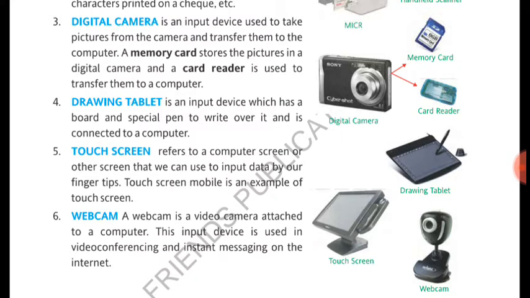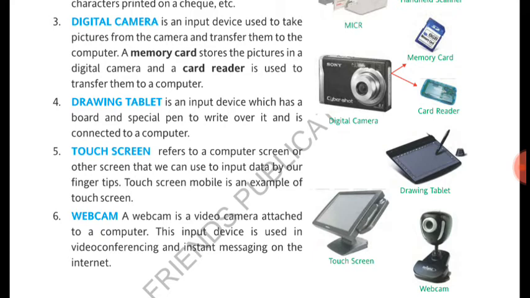Touch screen. In the market many laptops are available which work by the touch of your fingers. So remember, that is a touch screen. Your smartphone is also a touch screen device which works with the help of your fingers. What happens behind that? Some sensors are there, and with the help of sensors, the device recognizes what the user wants.